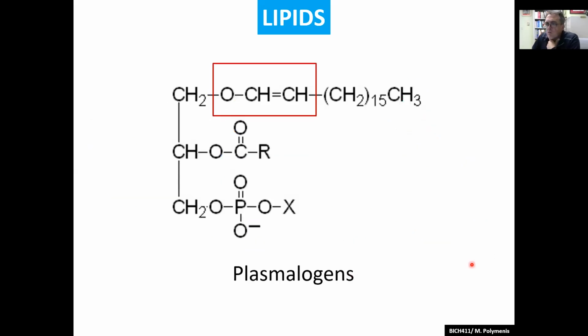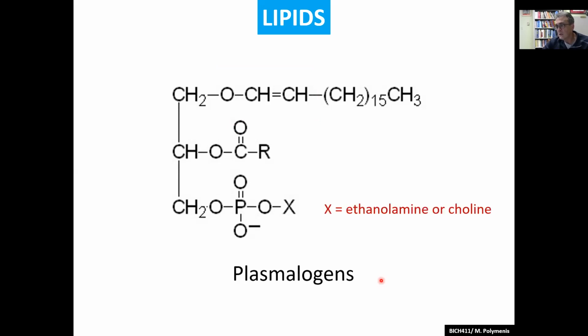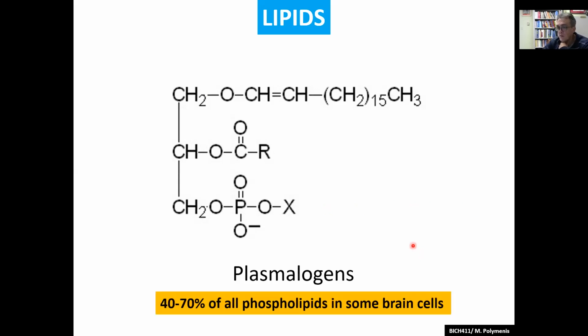Now, a different version of these phospholipids is what you see here, where you don't actually have an ester, but you have an ether, okay, and then a double bond right next to it. These are called plasmalogens, on one of the acyl groups. Okay, it's not esterified, but it's an ether bond here. Those are special. They're called plasmalogens, and the X here could be ethanolamine or choline. And why are they special? They are very abundant in specific brain cells, extremely abundant. So they have special interest just for the sheer abundance in brain.